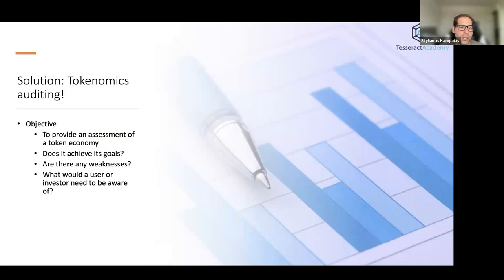So I believe the solution to many of those problems and many of those case studies that I just presented to you is tokenomics auditing. And the objective of tokenomics auditing is to provide an assessment of a token economy and to explain whether a token economy can achieve its goals, whether there are any weaknesses, and what users and investors need to be aware of. It doesn't come down to saying that tokenomics is perfect, that there are no weaknesses, or that the project is going to go 1,000x or anything like this. But it comes down to identifying weaknesses, making a project more robust, and helping users and investors